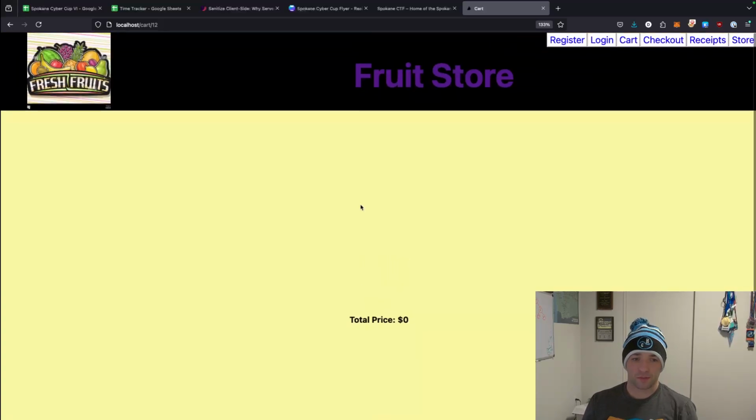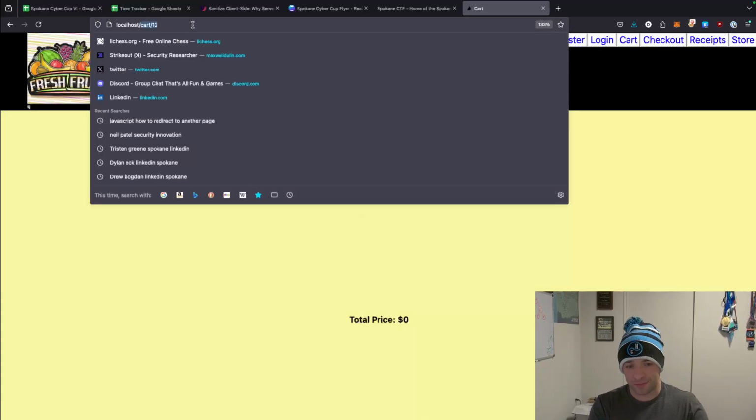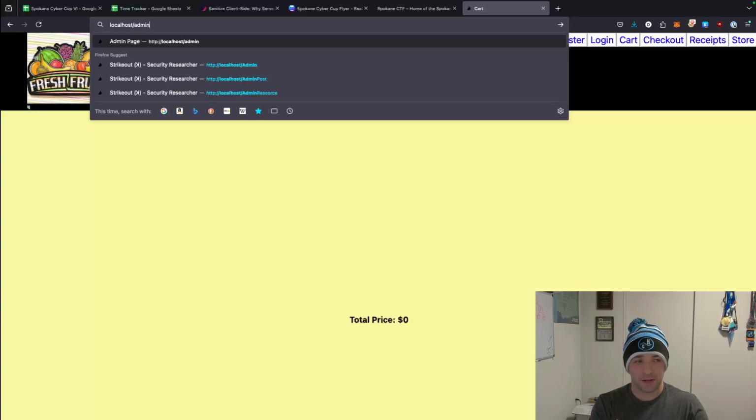So at first glance, there is no admin panel that's super obvious. There's no button to click on or anything like that. And we don't have source code, so it's hard to know what's here. Luckily for us, it's at a pretty obvious location. It's /admin. Now, the idea behind this is that